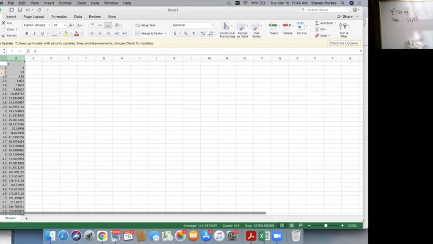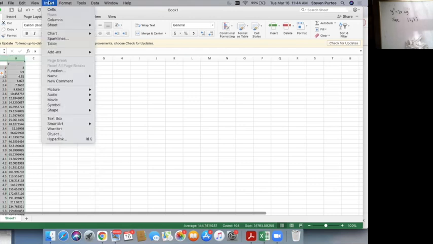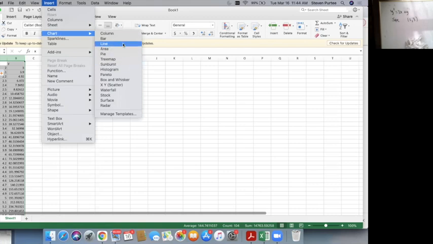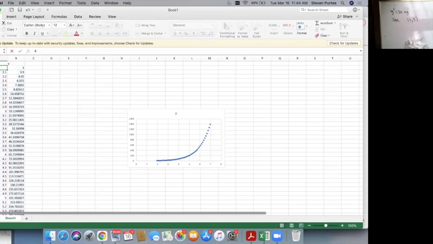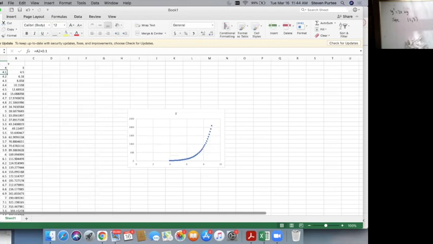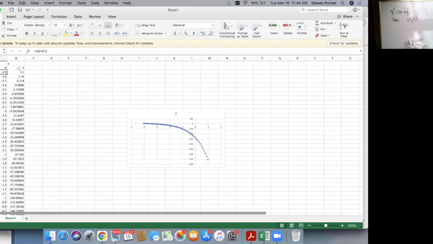Okay, now I like to highlight both of these columns. Go to insert, chart. I think we could do it with a line, but I prefer the scatter. And look, we get some kind of exponential curve. And then what's really nice is I can easily change my seed here, and the graph, everything will change. What if I pick negative x values? Oh, we get some negative exponential. If I pick a negative y value,